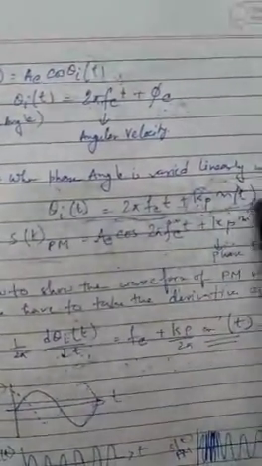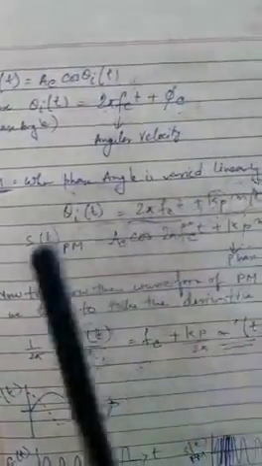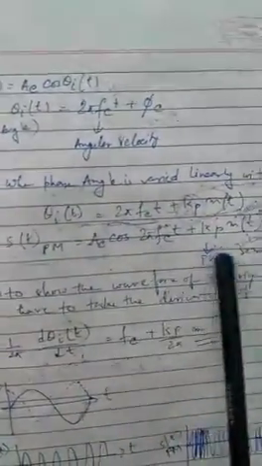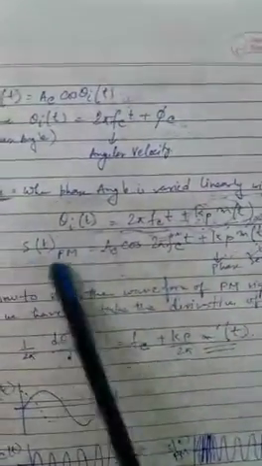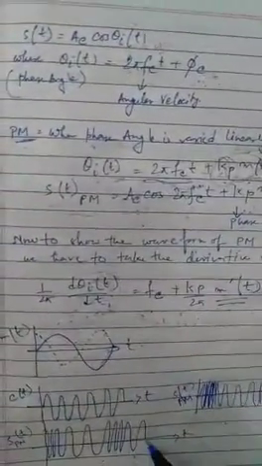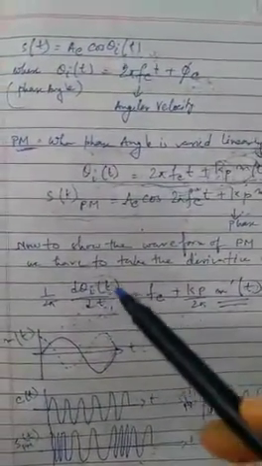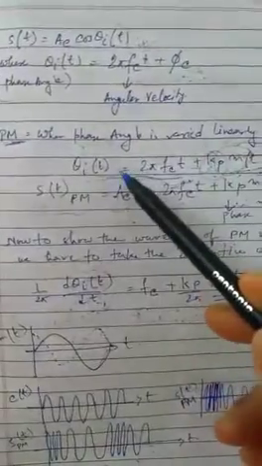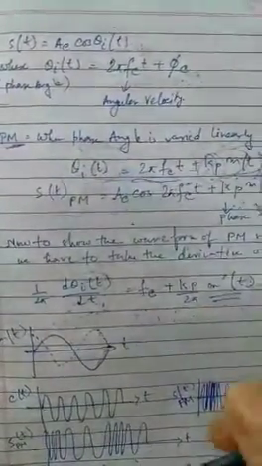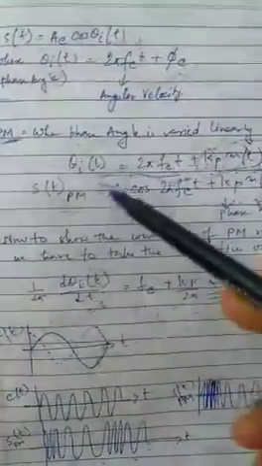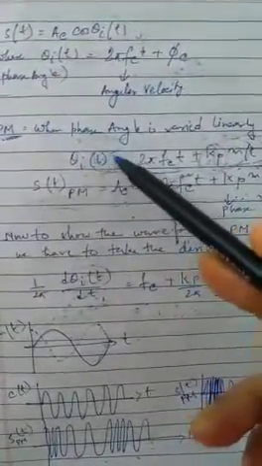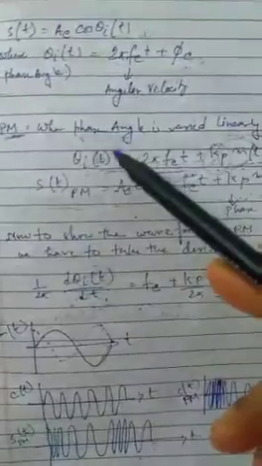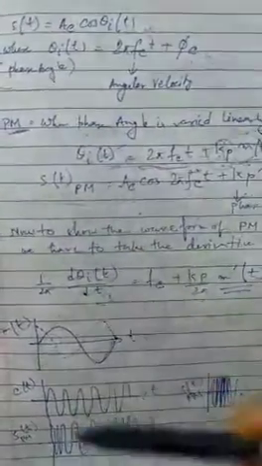And if you put this modulated angle into this equation, then you will get the phase modulated signal in this way: Ac cos (2 pi fc t plus kp m(t)). Now for representing my phase modulated signal in the time domain, I have to take the derivative of the phase angle, because to show it in the time domain, you have to take the derivative of this phase angle, so that I can get the frequency, and that can be shown easily on the time domain signal.